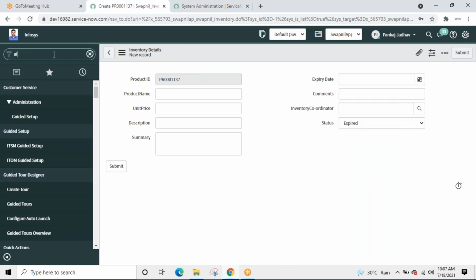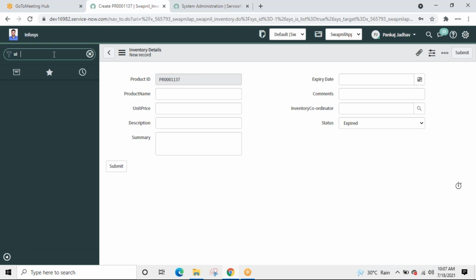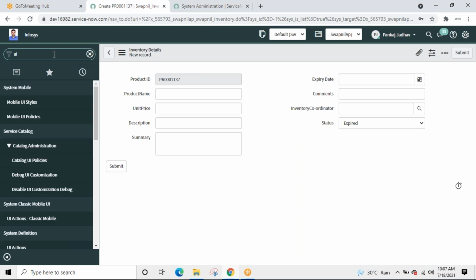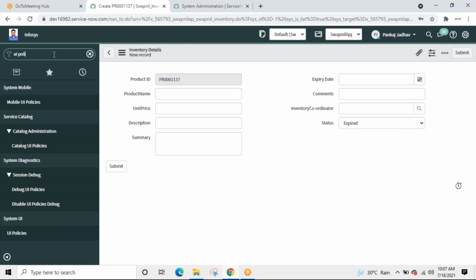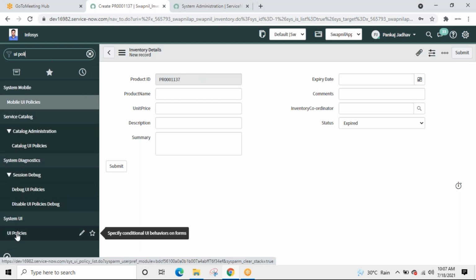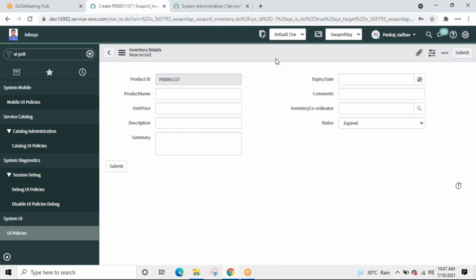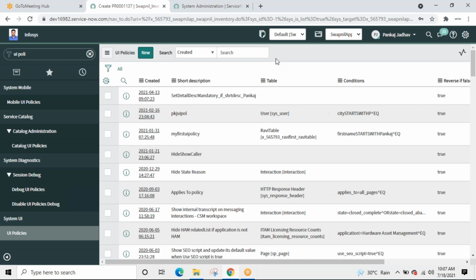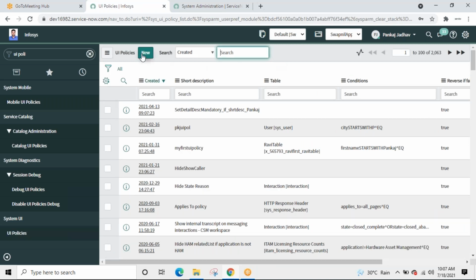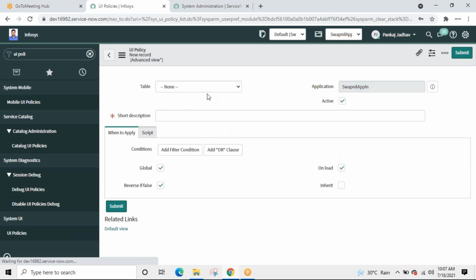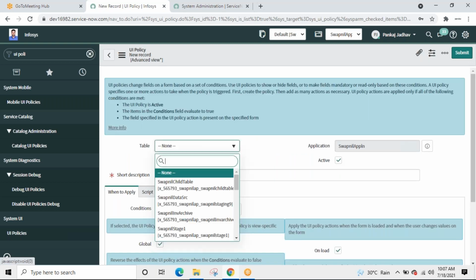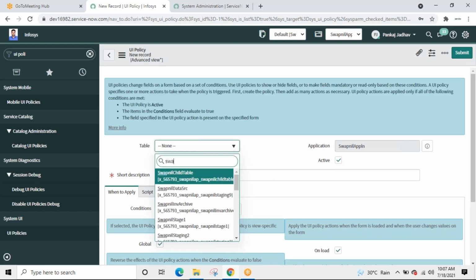UI policy. System UI, system definition, UI policy. It is quite simple. I'll create a new one. Table name. We know that we want to create it on our table.